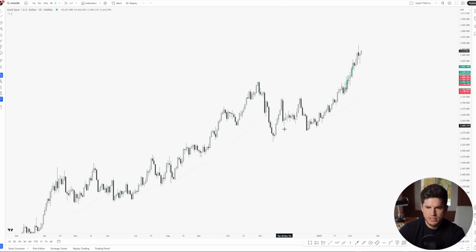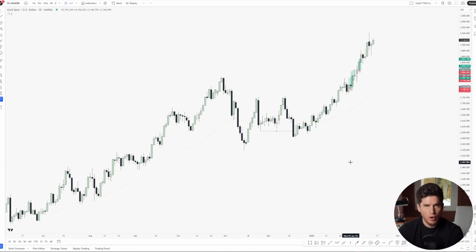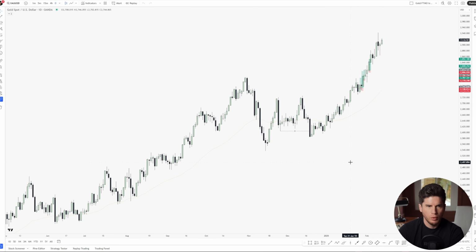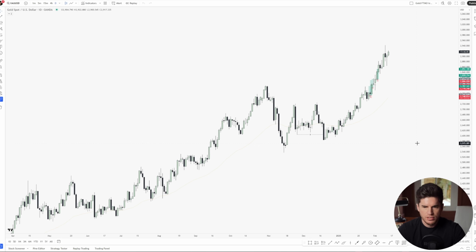mid-December, we had a daily run on sell side liquidity. And those of you that have been following me for a while know that I'm very heavy on higher time frame liquidity and trend. Lots of people ask me, what strategy do I trade? It doesn't have a name. I don't trade fancy stuff like ICT and inverted fair value gaps and SMT divergence and all this complicated nonsense. I just find a trend, wait for higher time frame liquidity, pick a higher time frame target, and choose a medium to low time frame like the 5 or the 15 minute to look for entry and hold it for 3 to 4 days typically. You need to just keep things really simple.